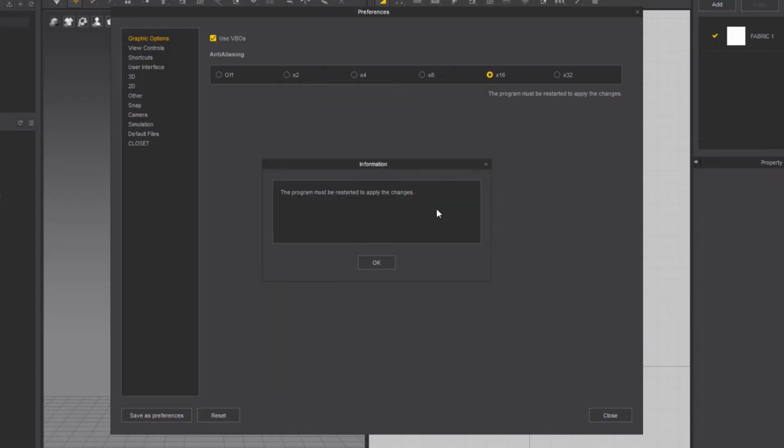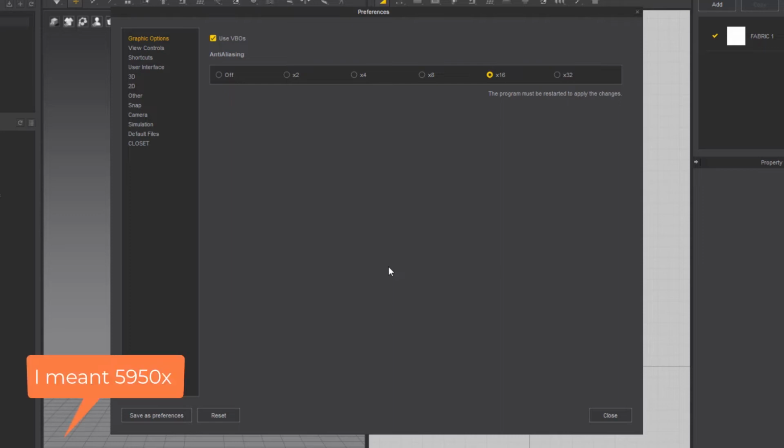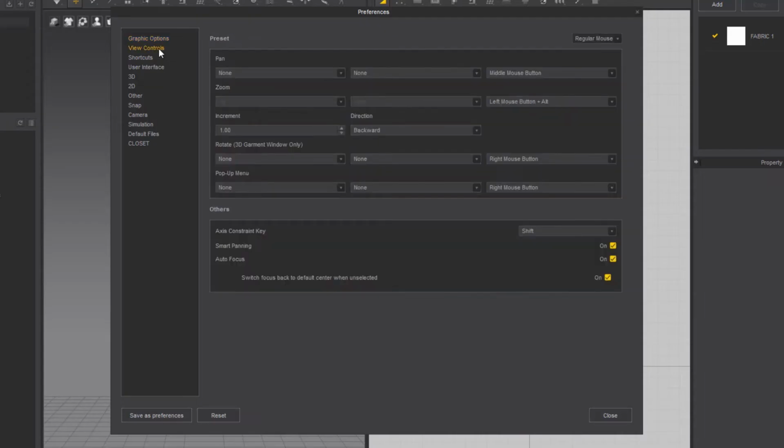I'm going to leave it as X16. It works just fine. I have an AMD 5950X and it's more than capable of handling those simulations. I'm going to go to view controls, and one change I make is, instead of orienting around the scene with the default setup, which is the middle mouse button for pan and left mouse alt for zoom,